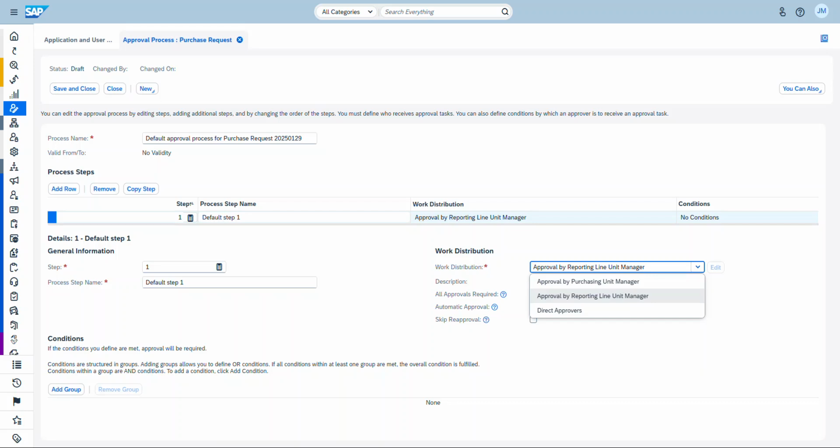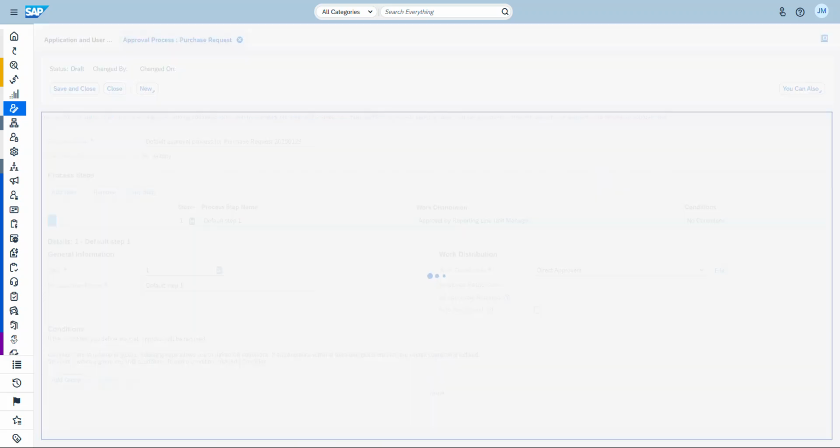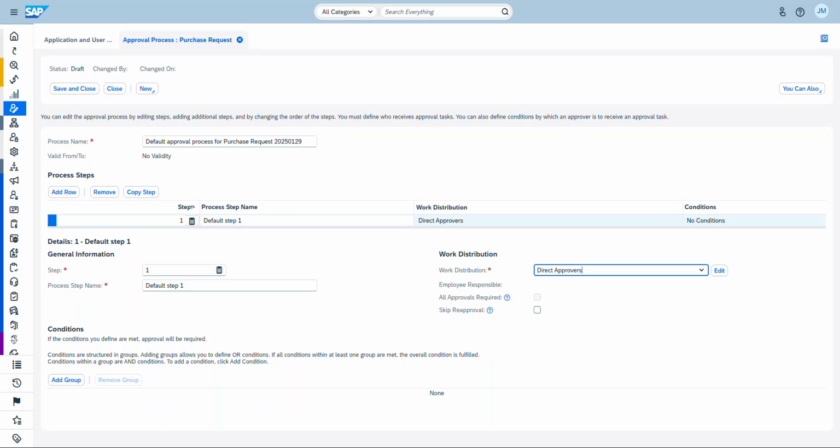Any approval that belongs to the purchase request is going to be directed to him as a task for him to approve. But in spite of using the line manager, we can also use direct approvals to choose specific users who are going to be responsible for approving the purchase request document. So please remember under the work distribution, the work distribution is based on the